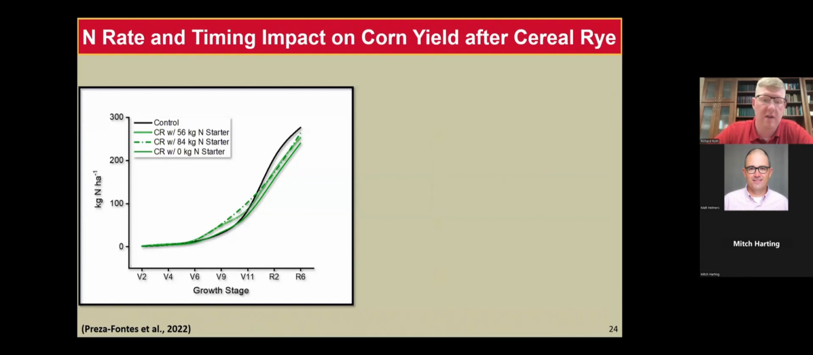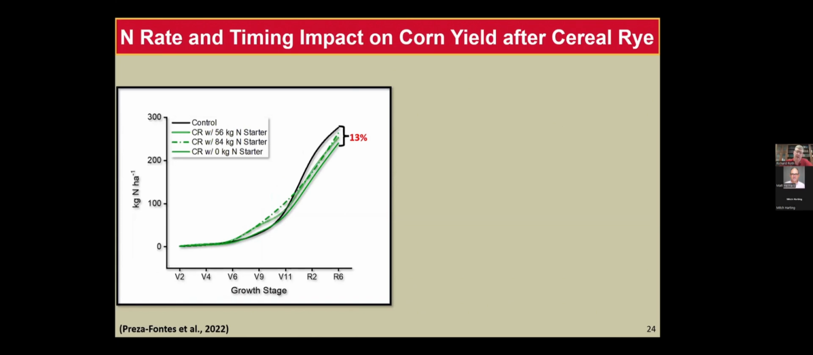Okay, so the first thing that we want to look at is what if we use starter nitrogen with cereal rye? We had different starter nitrogen rates: 0, 50, and 75 pounds of starter nitrogen put out with the planter as UAN in place 2x2, so banded 2x2. And so when we look at nitrogen uptake with that, the first thing is in this experiment where we had